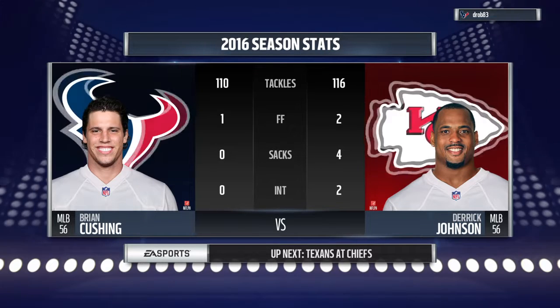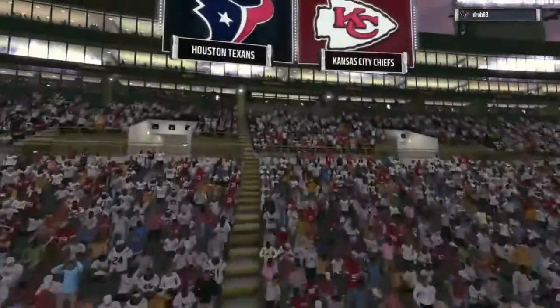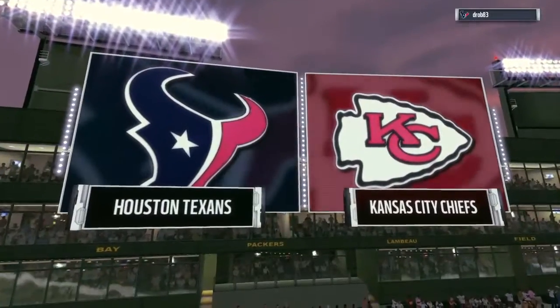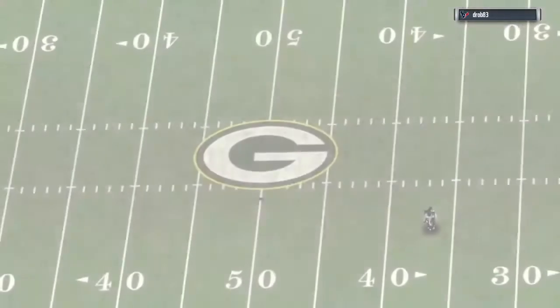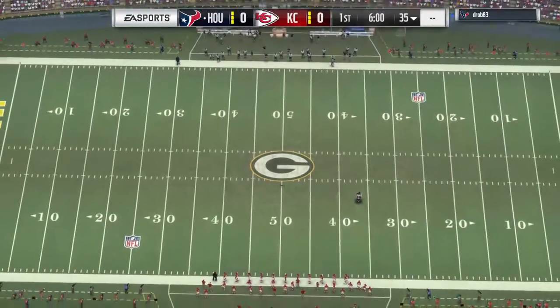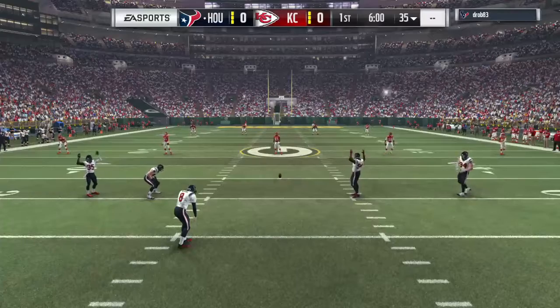Everybody, I'm Larry Ridley. You're tuned into the NFL on EA Sports. Both defensive coordinators will look to their middle linebackers to lead by example in today's matchup. It's Cushing's Texans going up against Johnson's Chiefs. With that, we send you up to legendary Lambeau Field in Green Bay, Wisconsin, where Brandon Gaudin and Charles Davis